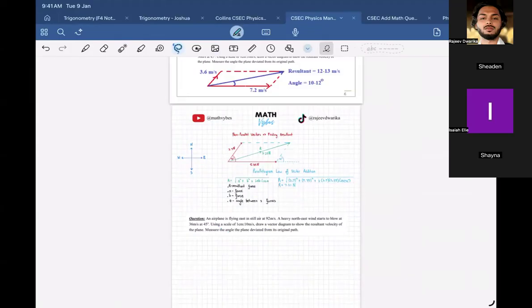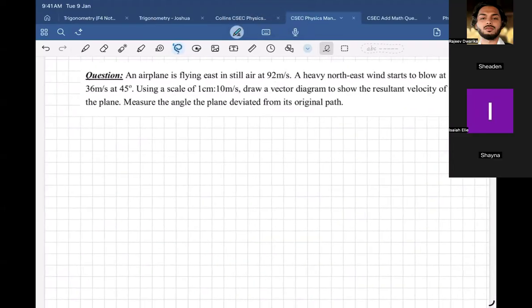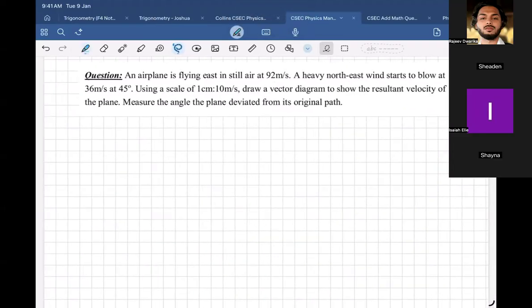So actually, I made the same error with the Newtons, but I fixed it in my book now. Okay, good. And you didn't make the mistake with the resultant. When you find any resultant using the parallelogram law of vectors, aka the cosine rule, you don't put the scale down version. You just put 36 and 92. Nice.